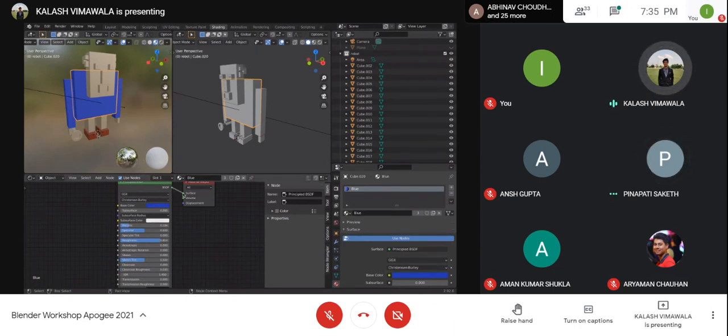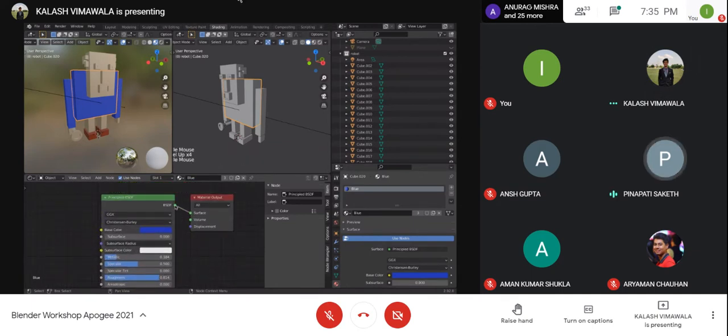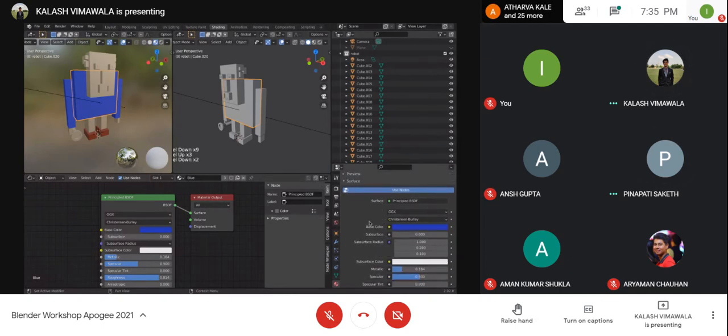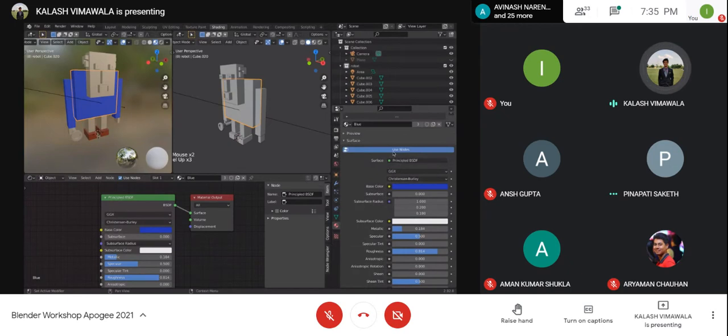Is the BSDF linked to the surface? Wait, I didn't get what you said. If you see the properties tab over here on the right side, when you select the object, do you see this principled BSDF? Wait, how do I see that?